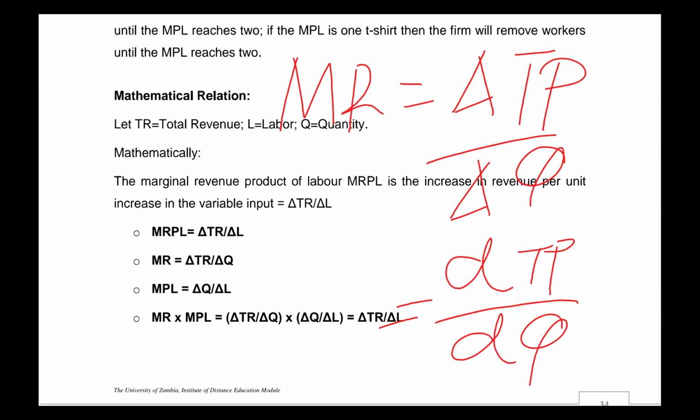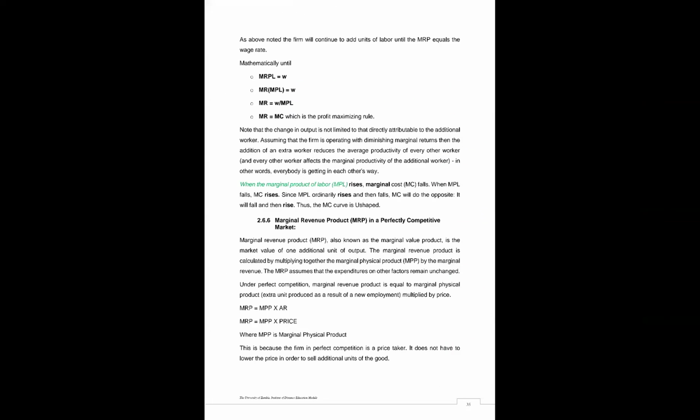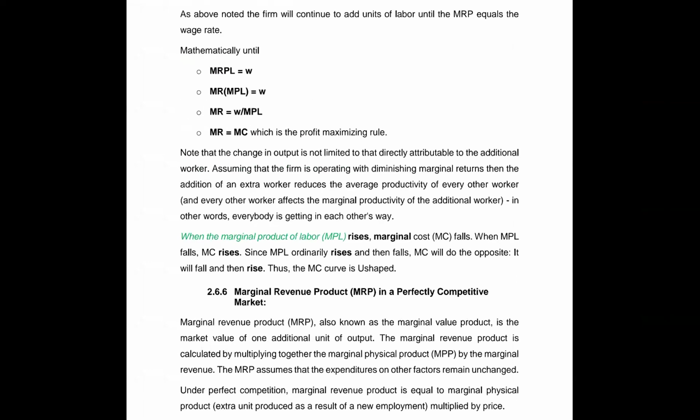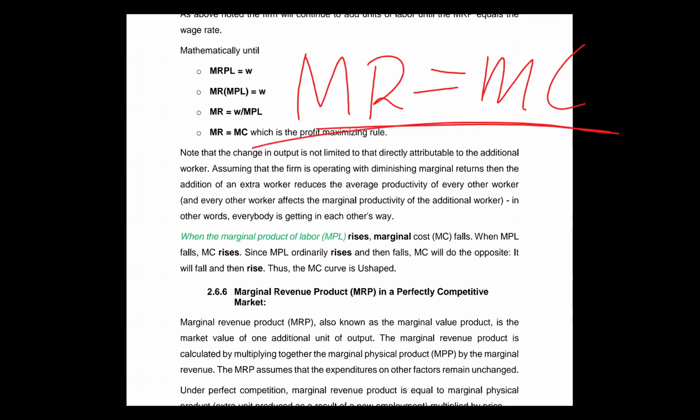That is very important. A question that we are going to do, we'll do better. Now, at which point is profit maximized? Get it from here that profit is only maximized at a point where marginal revenue equals marginal cost. The point at which marginal revenue equals marginal cost, that's a point at which